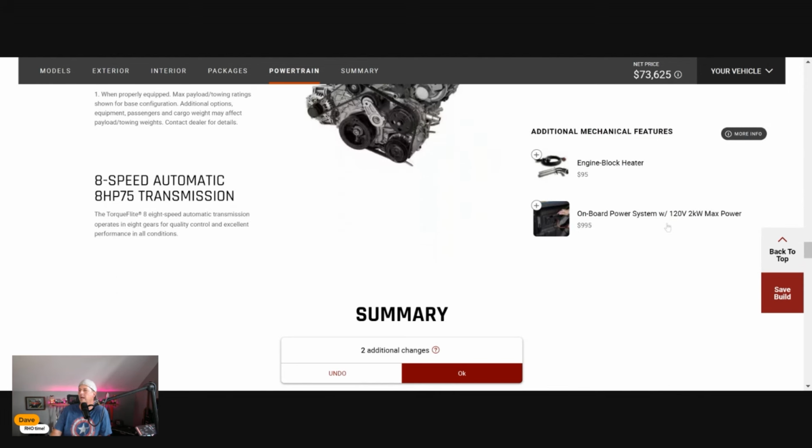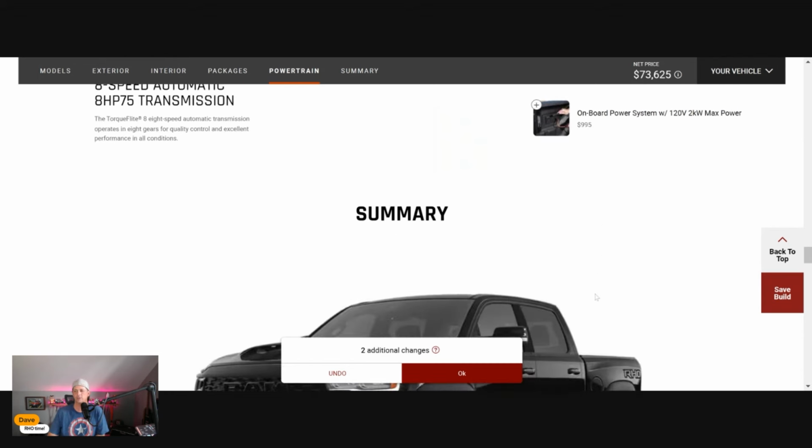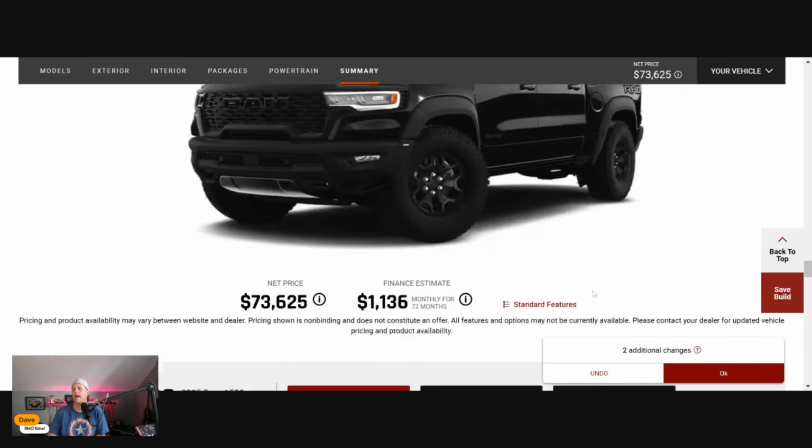Power on board, which I know after watching my buddy with Pickup Truck Plus SUV talk, they're having some issues with the power on board system. So I would pass that. If you want to get this truck within the year, I would pass on that because production actually starts in August. So as of now, we are at